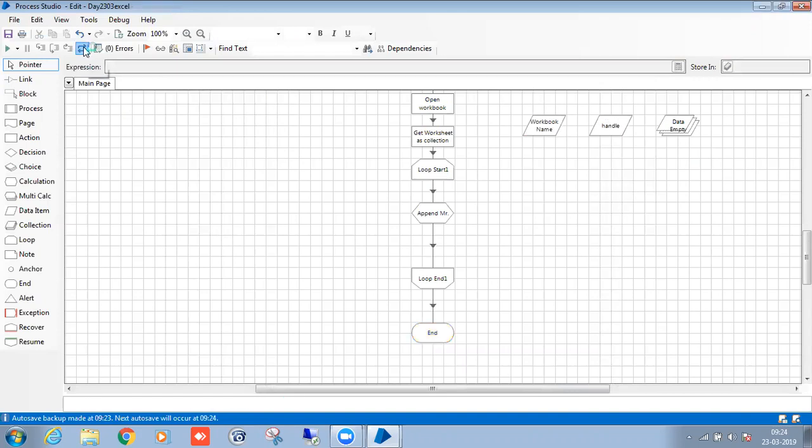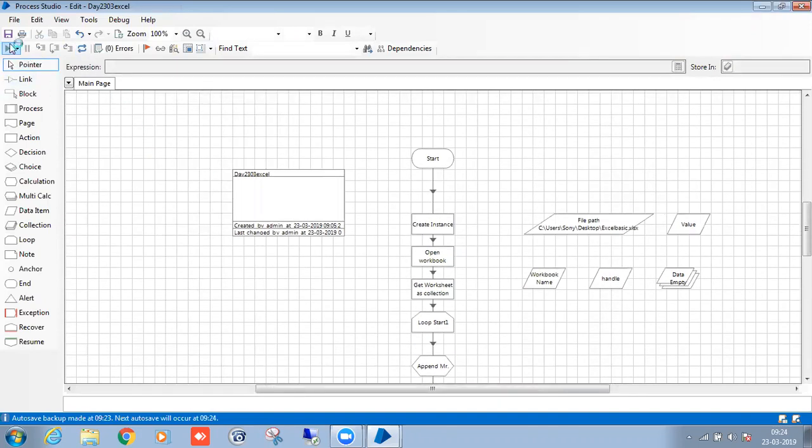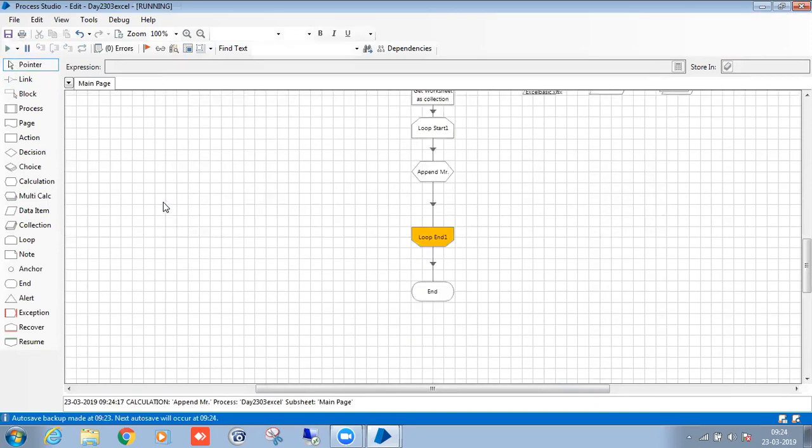Refresh. Run once again. Collection dot field name. It will loop for 22 records. These are direct logics, no need to do anything. Nothing is required, we just have to use the stages.